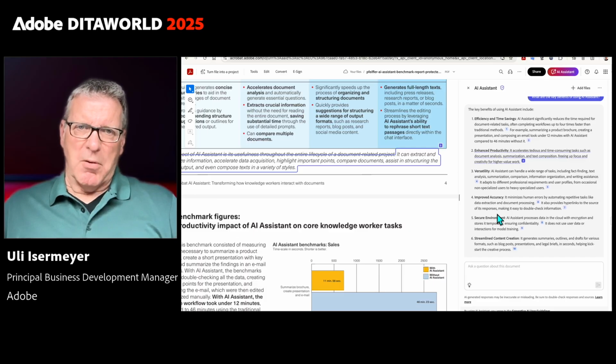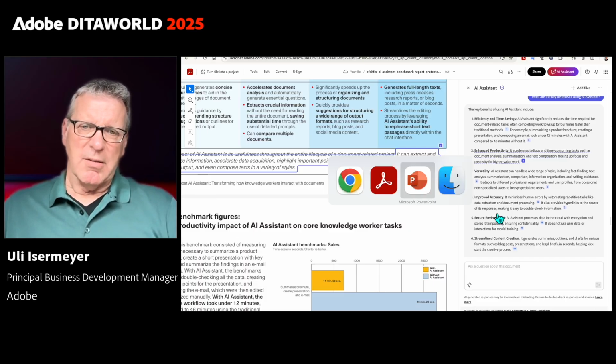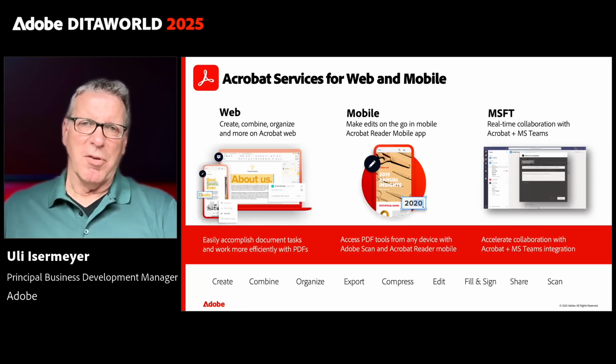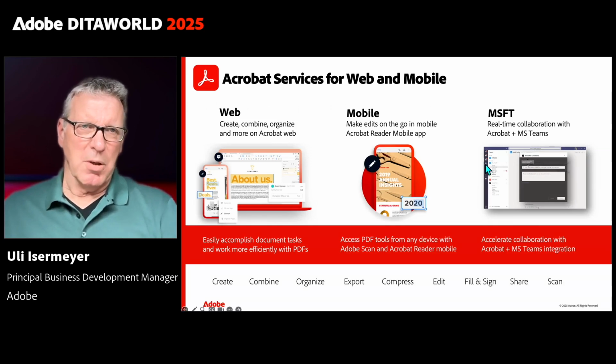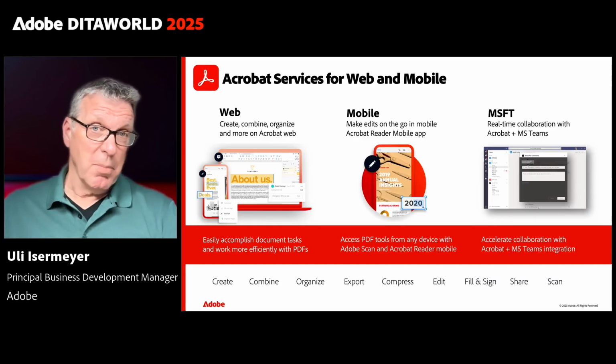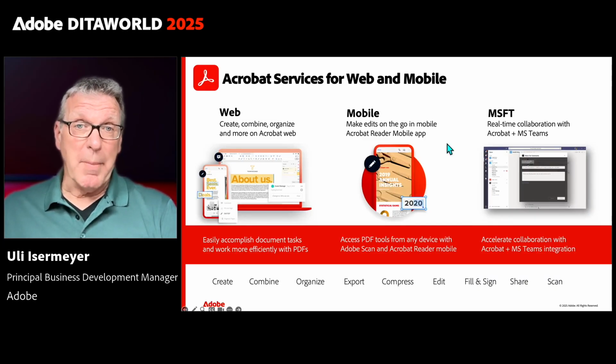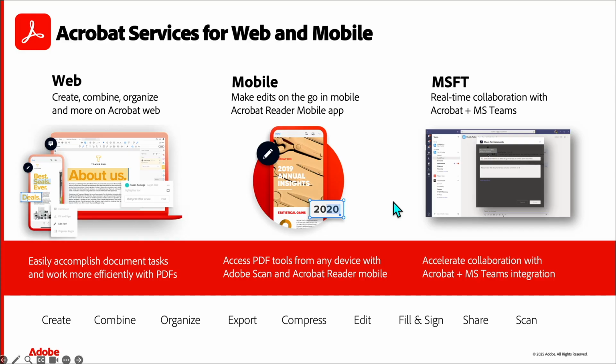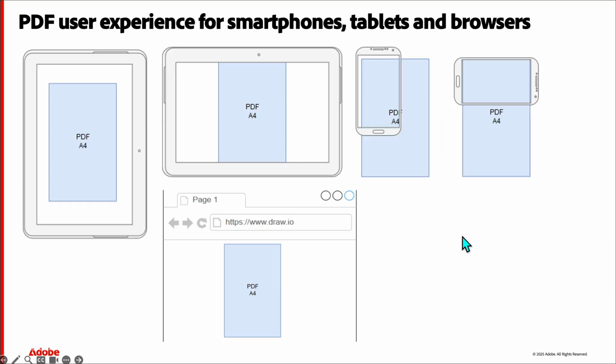Let me go back to the PowerPoint and go to the next topic, because I only have 15 minutes. So I want to dive into other topics, like, for example, Acrobat services. And Acrobat is not only available for the desktop, as I said before, it's also available for web and mobile. And just to give you a little bit of an example of what we are doing in the mobile world, we have produced a nice piece of software which is implemented in the Acrobat Reader Mobile for smartphones, for Android and iOS, where we are